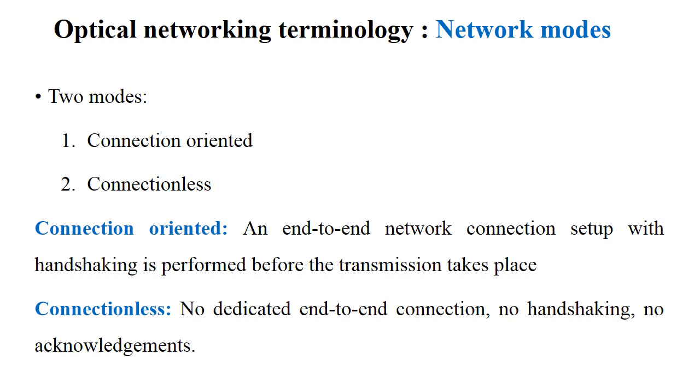In order to do this, the destination must have a sufficient amount of buffer, because the first packet may arrive first, but the second packet may not arrive second. Due to delay in the network or the path it traverses, it may take more time. Therefore, at the receiver end, there must be enough buffer to hold this data, and then it can be decoded. This type of connection is known as the connectionless service. So remember, in case of connectionless, there will be no dedicated path. That is what we mean by connectionless service.